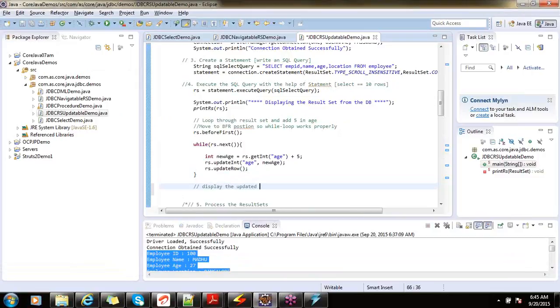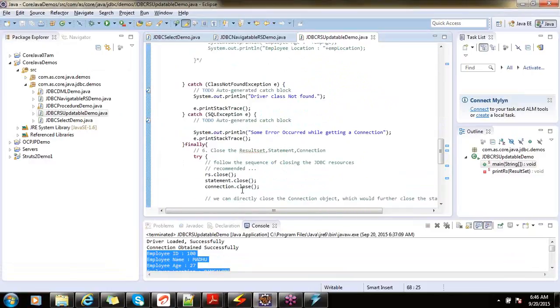Display the updated rows. So I display a message, System.out.println, "Now list displaying the updated information." How do we do that? Just a call to this printResultSet, right? Yeah. Right. Okay. Fine. Now, while printing the result set,